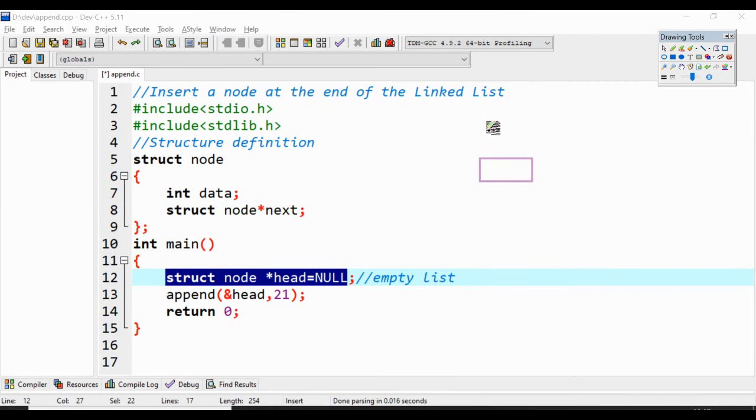As we know, each memory block will be having the variable name along with the address. Let us assume the address as 110. We have assigned head with a value null, so the initial value of head will be null.